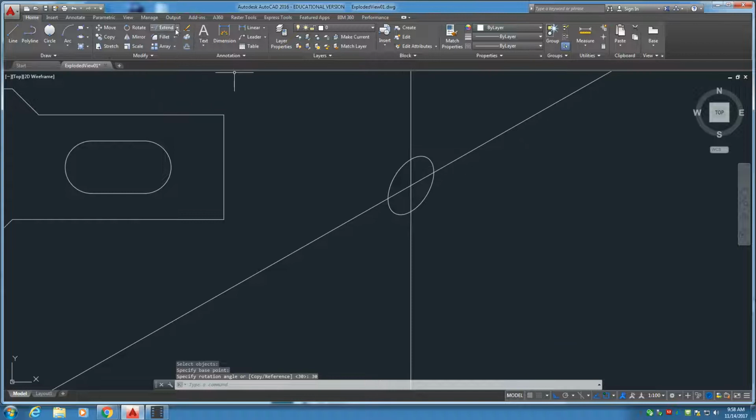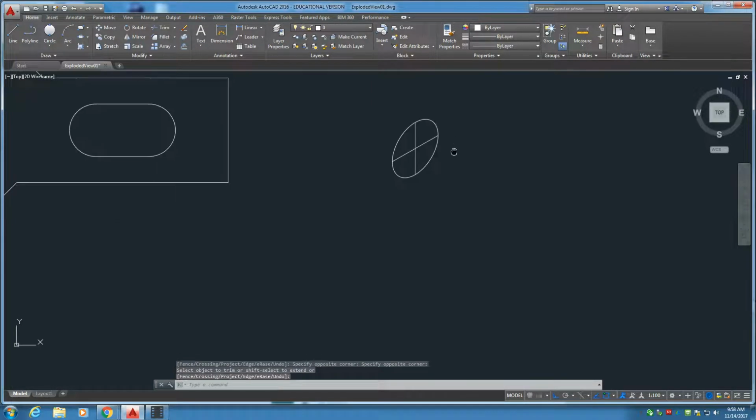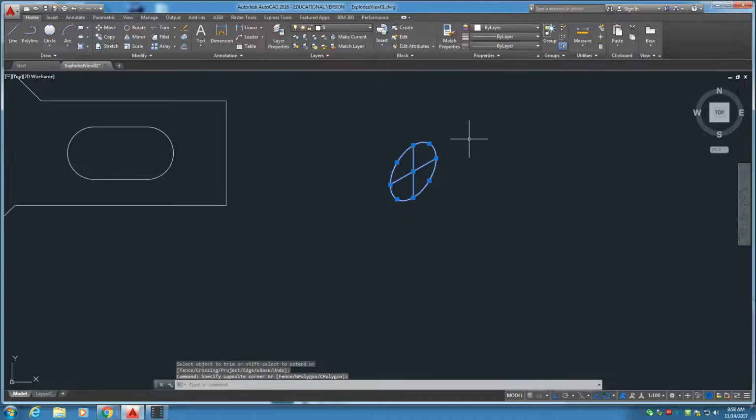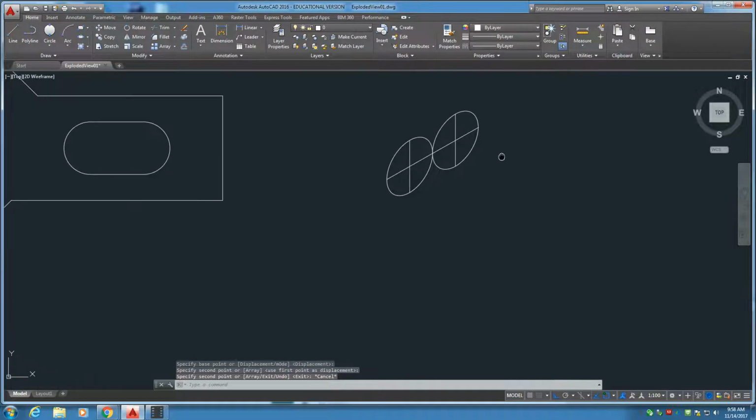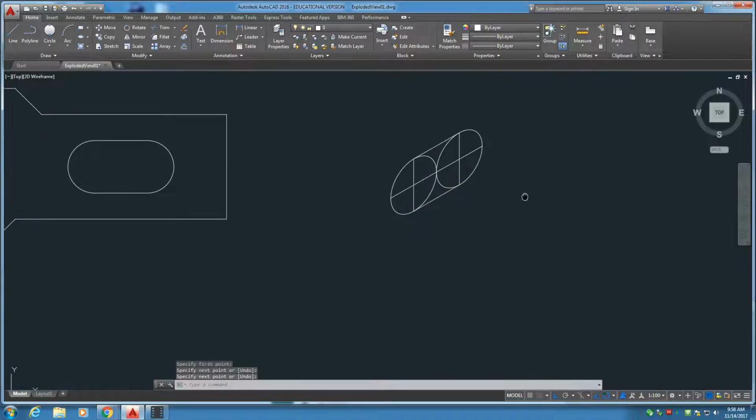Now, the reason I'm doing that is to line everything up. So let me go ahead and trim the outer lines first, like that. And I'm going to copy, and using the lines, I'm going to place these like this. Now, that explains why I needed these horizontal lines, but the vertical lines, they're here because we need to put a line on the top and the bottom so that when we trim, we have a distinction for